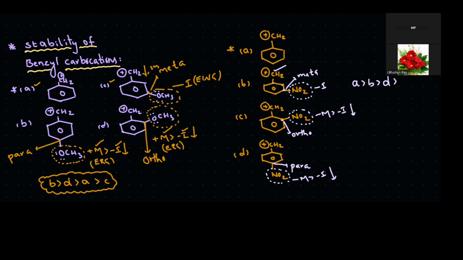Now this is the stability order of these given compounds, benzyl carbocation with one NO2 group present. Based on these conditions, we will discuss another example, how to identify the stability of the carbocations or the benzyl carbocations. First one,